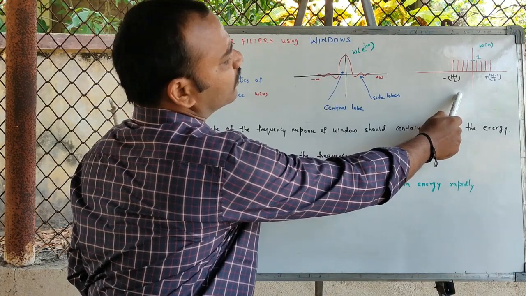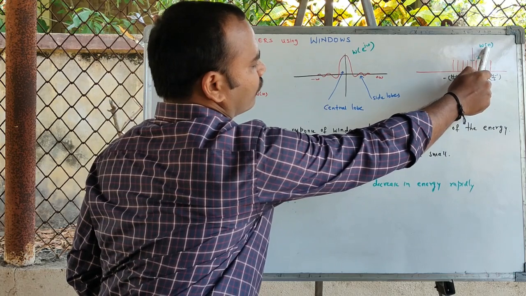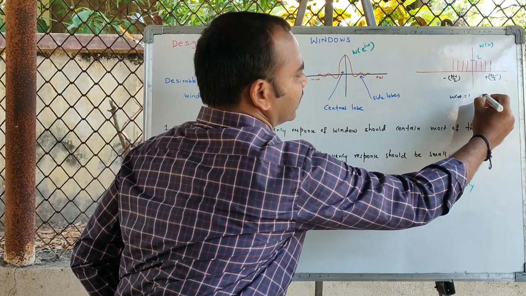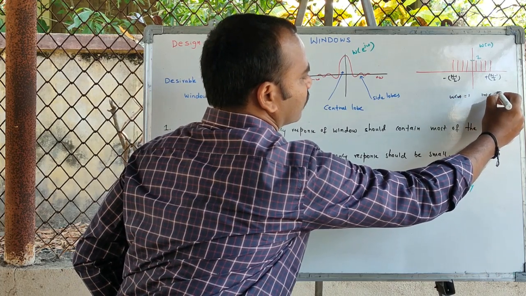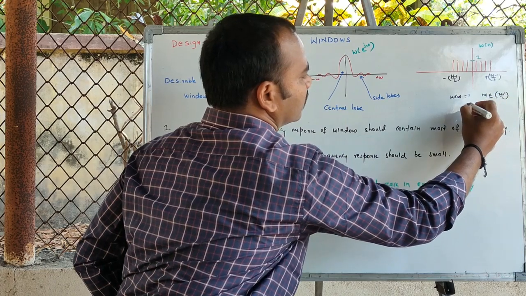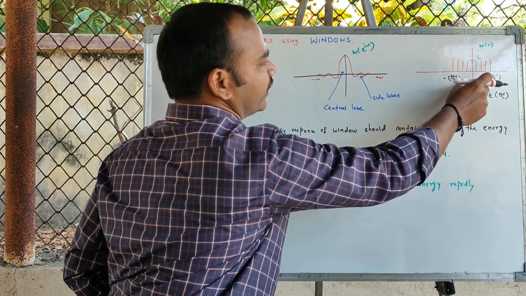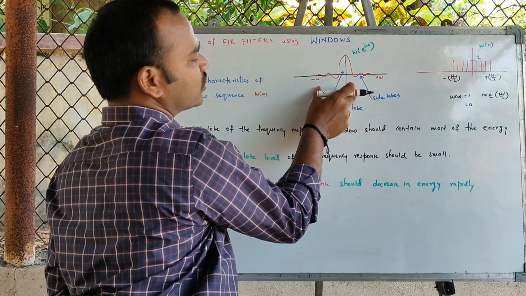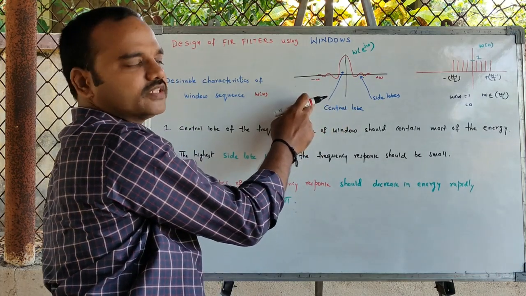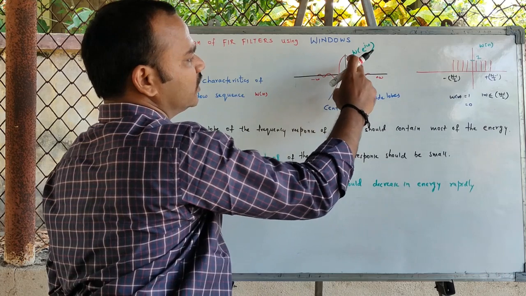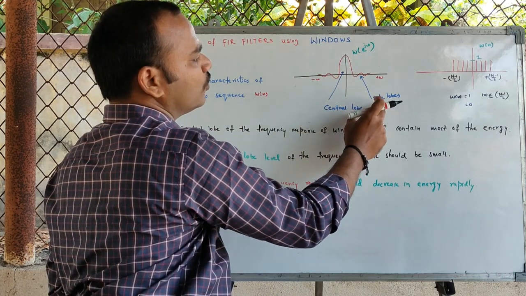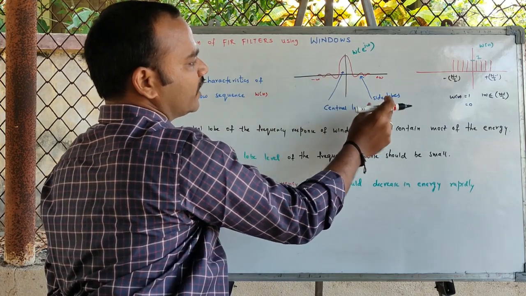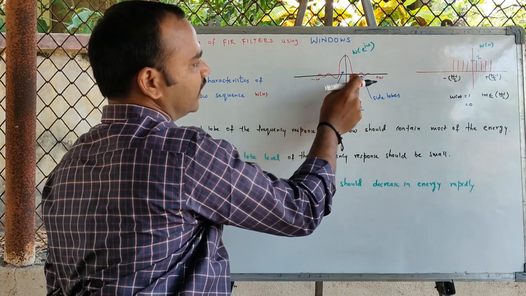This is the FIR filter window, that is w[n], and w[n] is equal to 1 in the interval mod n less than or equal to (N minus 1)/2, and equal to 0 otherwise. For this finite duration sequence w[n], the frequency response, that is the discrete time Fourier transform, is shown here. From this frequency response, we can observe that it consists of two important parts. One is the central lobe, this one is the central lobe, and the other one is the side lobes. These are the side lobes.